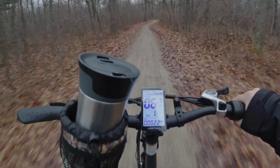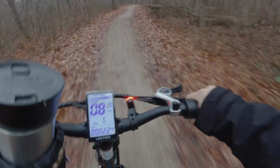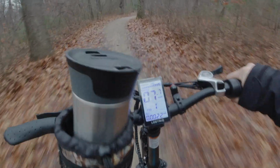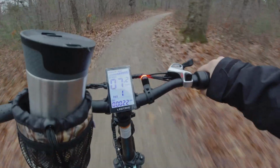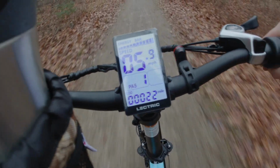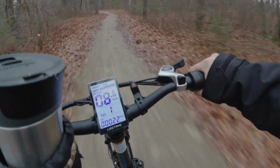I'm just putting along right now because I'm filming, but I've got the throttle if I want to just go throttle. It'll go up to 20 miles an hour, which is the class 2 e-bike. I have it unlocked to go 28 miles per hour in the different pedal assists. Yeah, I don't want to make this all about an e-bike review, but